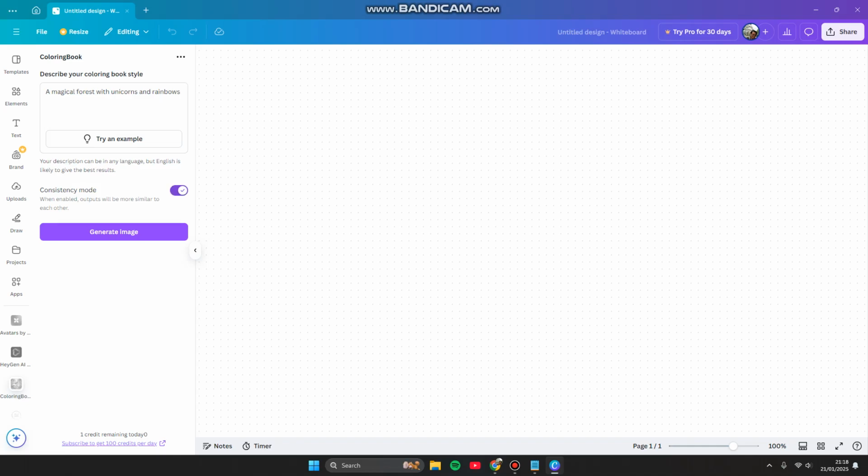Here, if you enable this consistency mode, outputs will be more similar to each other. There are two results after you generate the image. So here you can describe